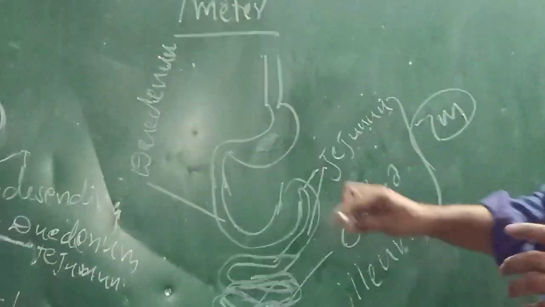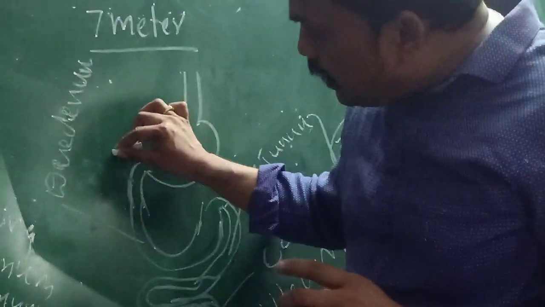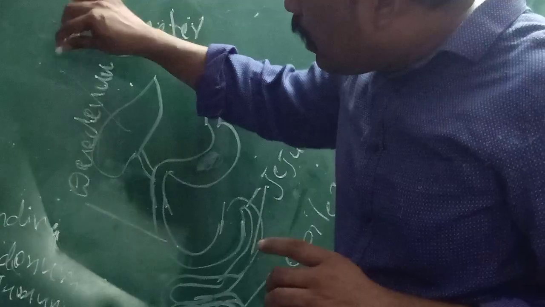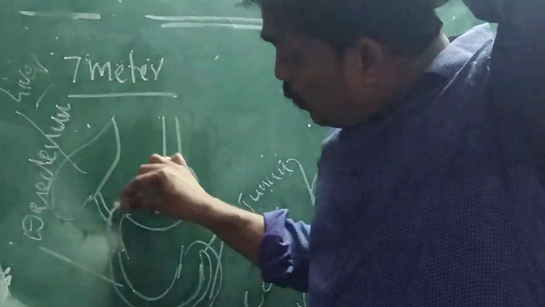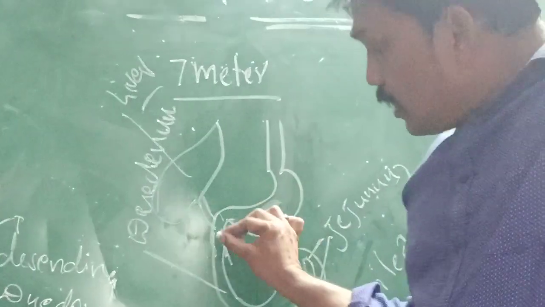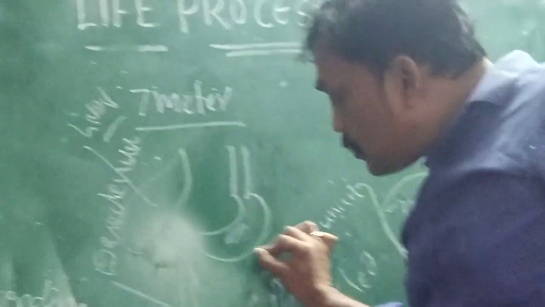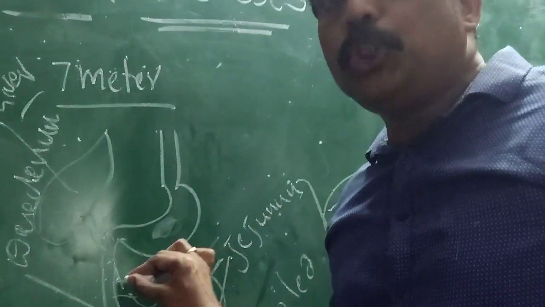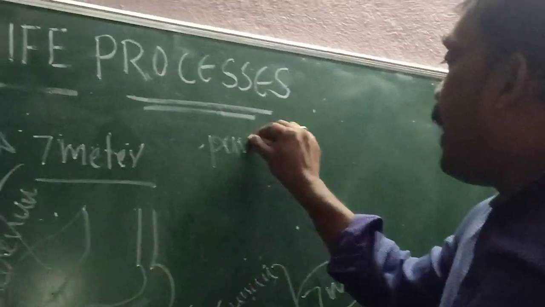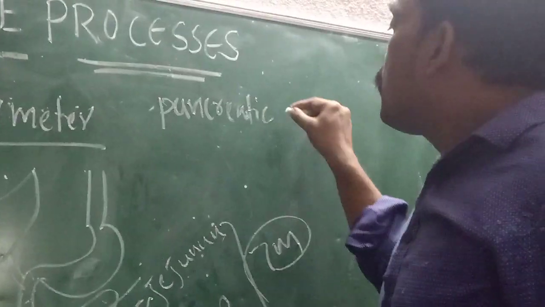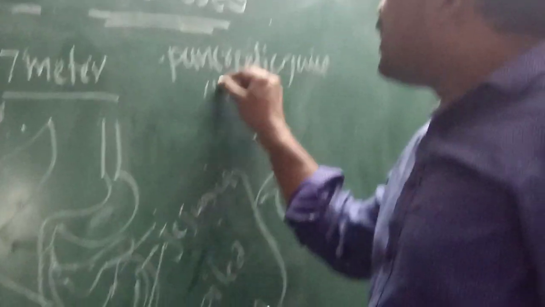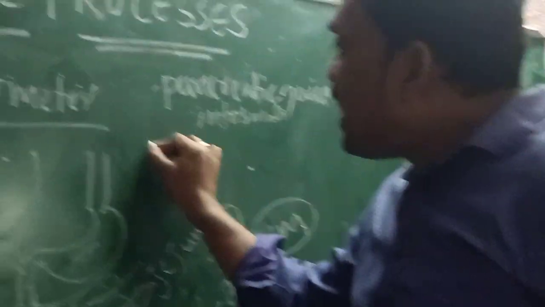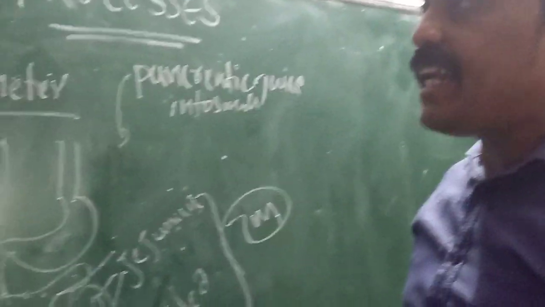If you observe the small intestine, in the duodenum, on one side a duct is attached to the largest gland, which we call the liver. The liver opens into the duodenum. On the other side is the pancreas, which is a leaf-like structure. The pancreas releases pancreatic juice into the small intestine. Try to remember this.